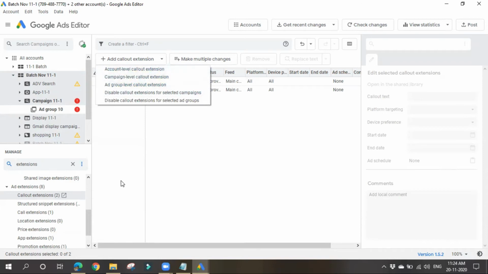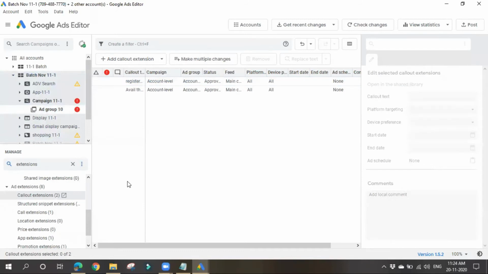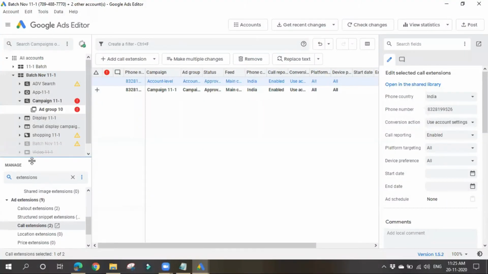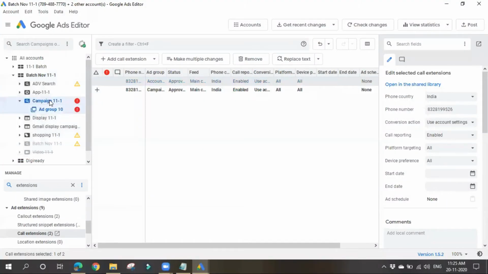You can create a campaign, you can create an ad group, you can create keywords, and you can create ad extensions also. Like this, you can do multiple things. The next thing is you can also edit the existing things. Editing means we can make some changes to the existing ones.